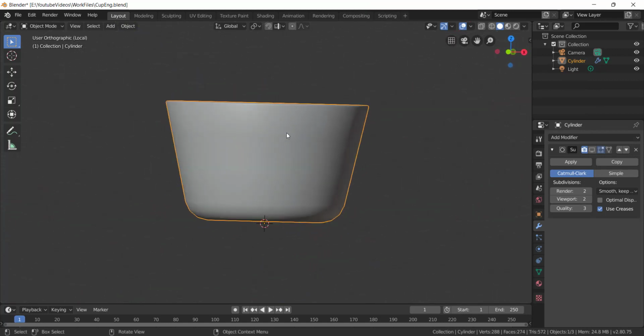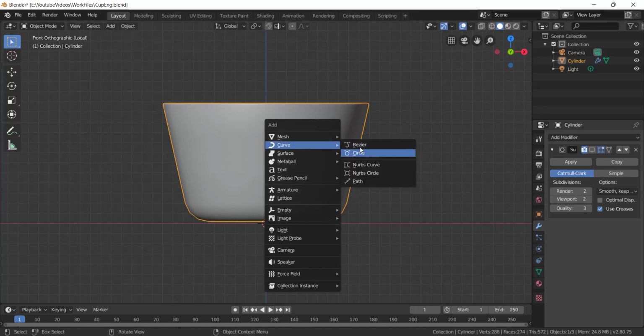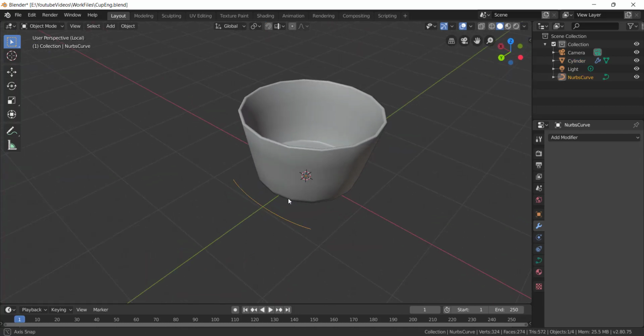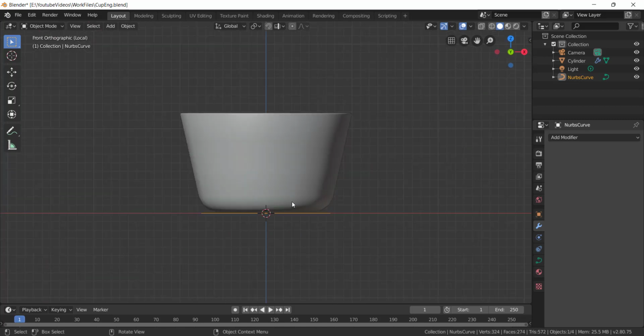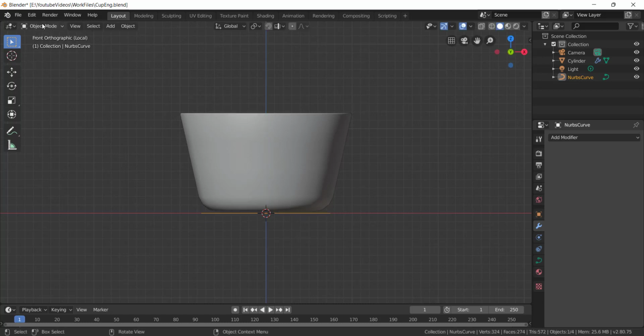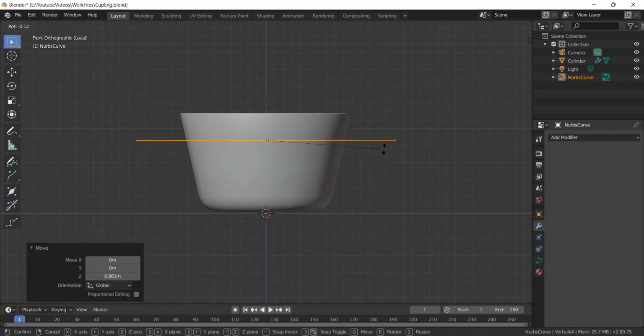One, you can use Shift A, go to Curve and use these 2D shapes, okay? You can use it to see. I can take this Nurbs curve. There is a Nurbs curve here, see. You can take that curve and press G. I have already told you, don't do anything in the object mode. Go to Tab. Now you can select the vertex, G, Z, R,